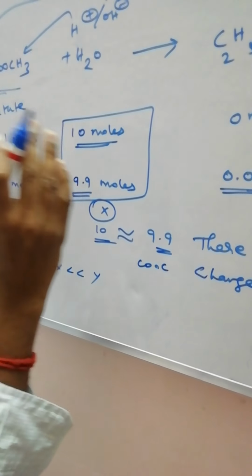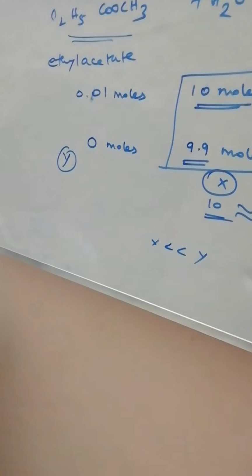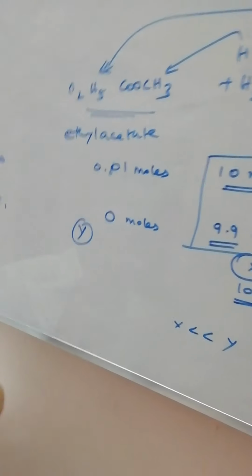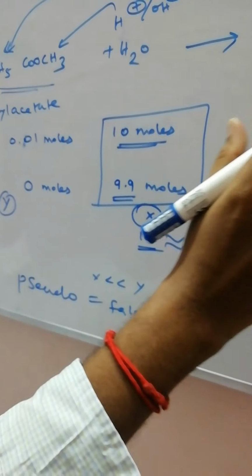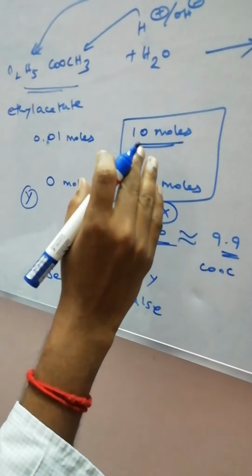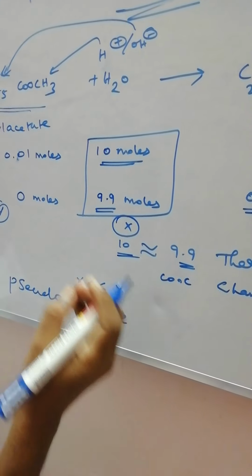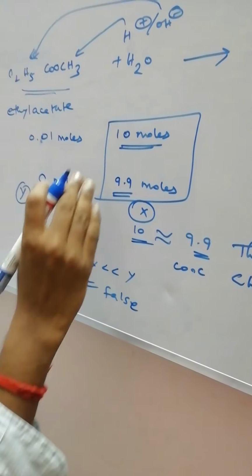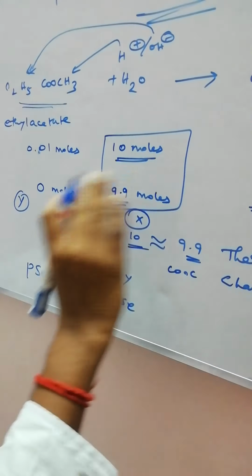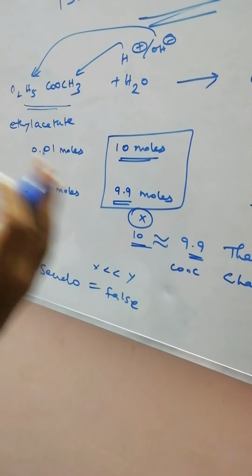But water is involved in the reaction, so it is a second order reaction. After the involvement, there is no change in concentration, so it is a first order reaction. Pseudo means false. False first order. Actually it is a second order reaction, but the loss of water will not affect the total concentration. When 0.01 moles are lost from 10 moles, it will not affect anything in the water. Therefore, even though it is involved in the product formation, it is not considered in the order.